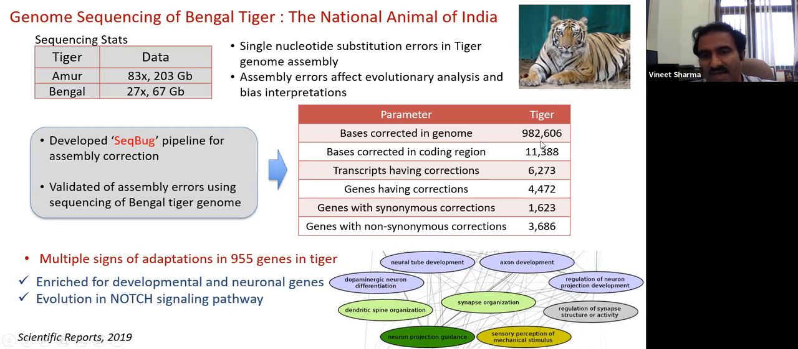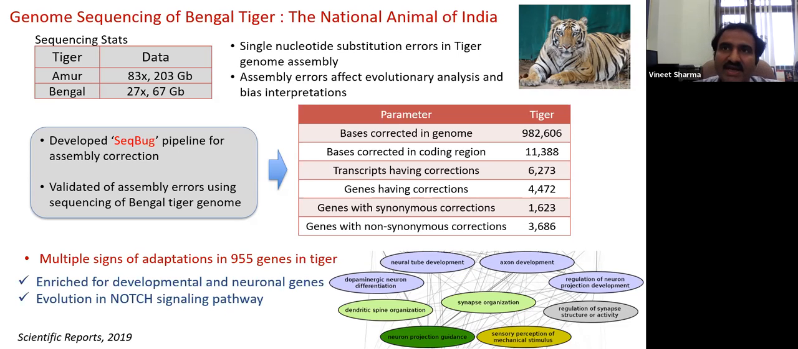and we could correct almost 1 million bases in the genome and almost 11,000 bases in the coding region, which is important because when we do the evolutionary study, we compare the coding regions mostly, right, to see how the functions are evolved, right? So if the errors are there in the coding regions and in transcripts, basically it will lead to false results, right? So we did the sequencing, corrected the genome, produced a better genomic assembly, and